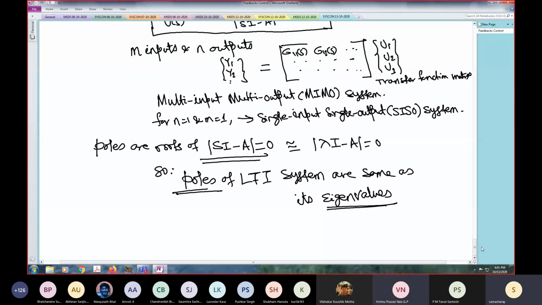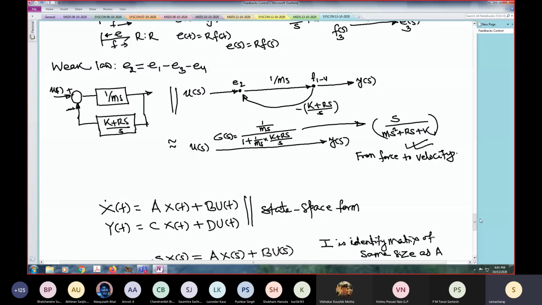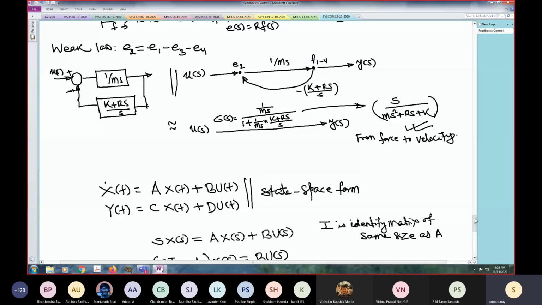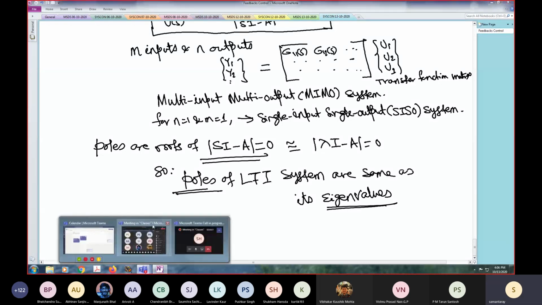Okay, the rest of the other things are clear. Then we will take up larger systems and try to derive their transfer functions in the next class. Not by using these simple things, because once they are bigger, you cannot apply all these loop rules. There is no class test tomorrow. Tomorrow the usual class will be there. So let me stop recording.